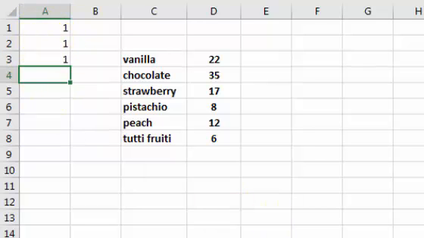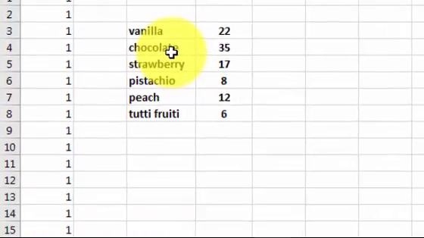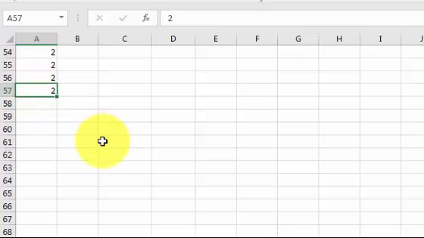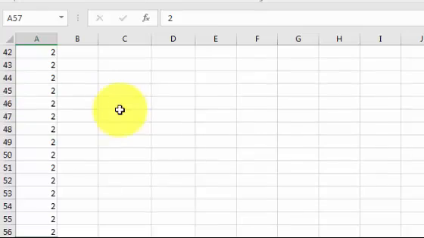So you'll notice I got 22 ones. That means 22 vanillas. How many chocolates? 35. So chocolate's going to be 2. I'm going to put in 35 of them. So there's 35 twos. Real quick, you'll notice this comes out to 57. This is the 57. How you double check on how many there are. So 57